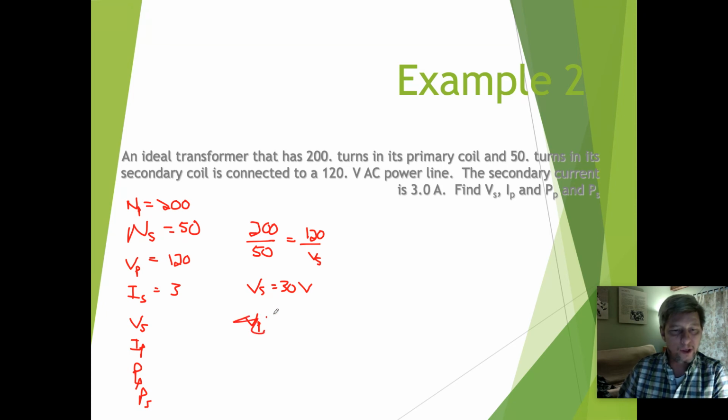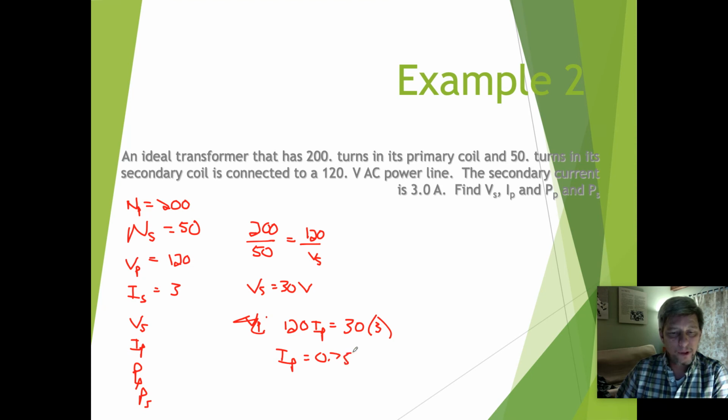So VP is 120, IP is what we want, and that's going to equal VS, which we just calculated as 30, times IS, which we know is 3. So 3 times 30 is 90, divided by 120. And so that's going to give me an IP value of 3/4,